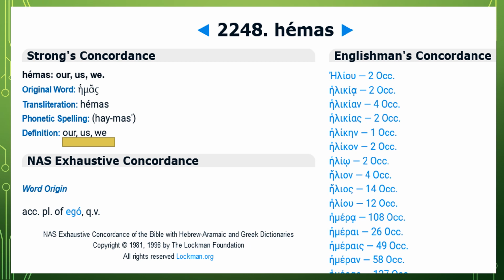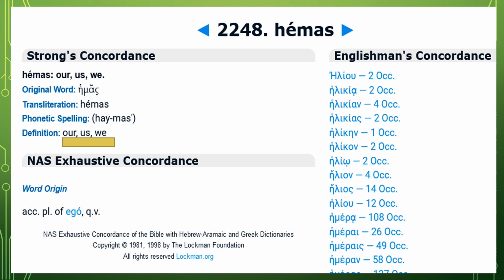And here you can see what we are talking about. You see in the Greek, Strong's Concordance 2248, all of a sudden you see this idea of our, us, and we. Now it's unclear how this is possible and how this translation is getting mixed up like this between the Greek and the Hebrew. The reference numbers are the same in terms of 2248, but when you look in the Hebrew, those references are not the same as these. These words are not translating the same way.